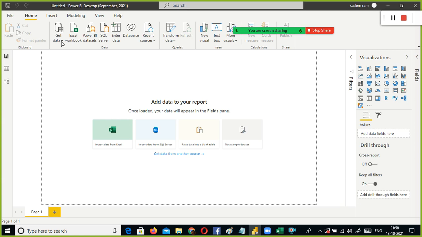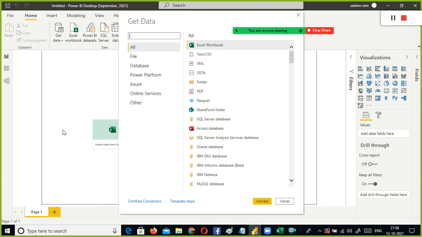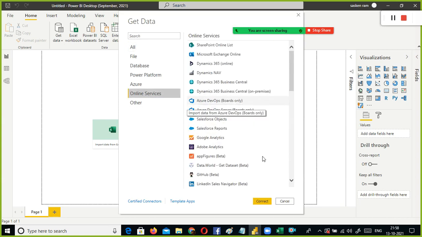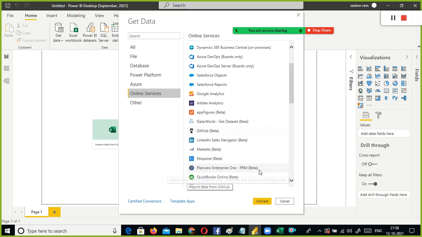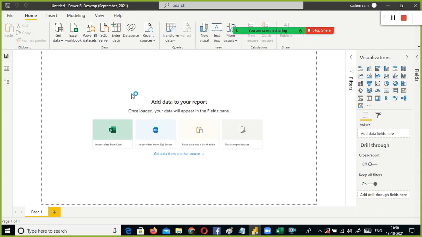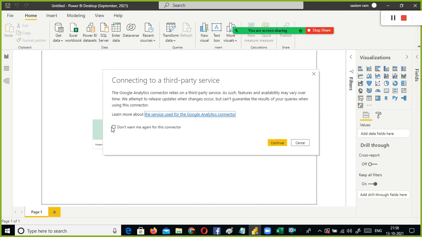Once you launch your website and you want to see how many users are accessing your website, what the traffic to your website is, everything, right? Once you enable Google Analytics for your website, it captures all the data. So you need to connect and give the username and password.